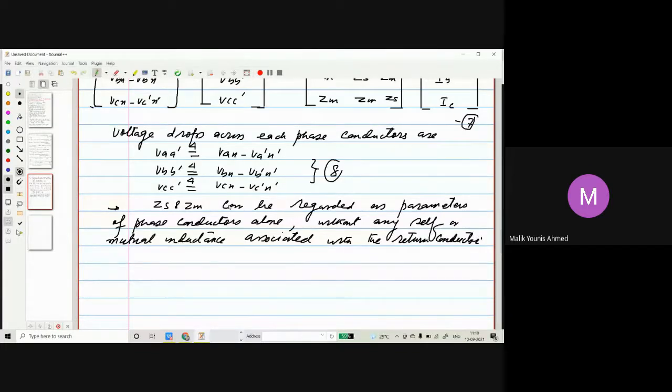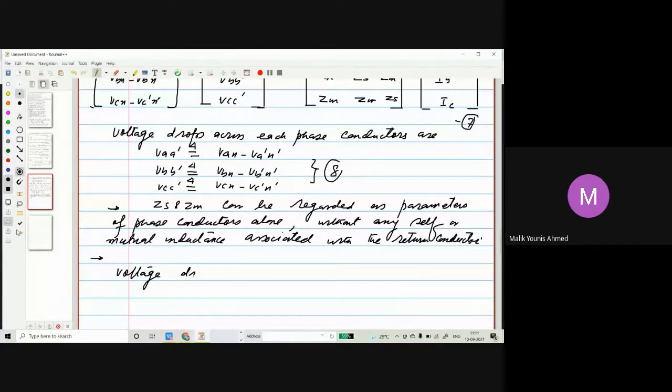Okay. Now, voltage drops and currents which we have can be written in terms of the symmetrical components. We know we can multiply them with the matrix A, and that becomes the symmetrical components. So we'll write here: